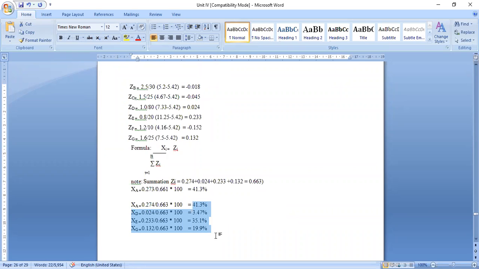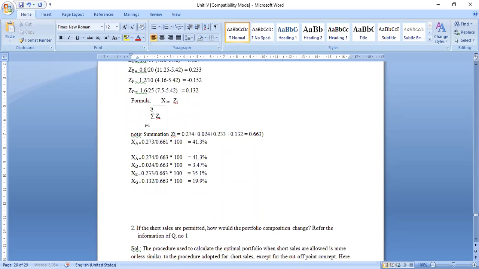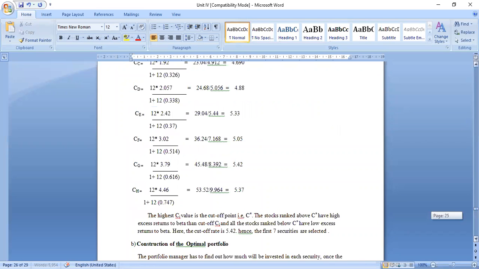So what have they done? In the textbook, they have taken only two securities. Though here you can see the largest is 41 and lowest is 3. But considering only two securities they have said, largest would be 41.3 and lowest you can do it as 35% is the investment. And rest of the two securities also you can do out of 100 rupees. You can again take the proportion for G and D because you're getting the positive values here, because negative values are totally being eliminated towards selection of the optimal portfolio. Okay, so with this we complete the first aspect of the problem for Sharpe's optimal portfolio, where the calculation is all about without short sales.